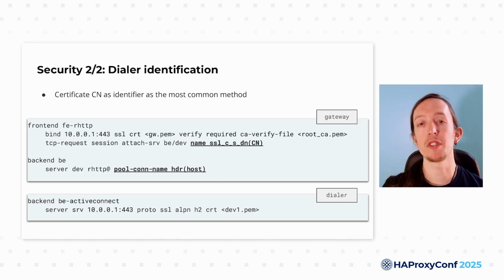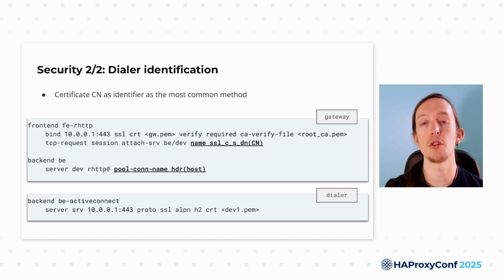Now, the second step. As an external user of the gateway, you want to specify which connection from the pool you want to use, reusing the same key used for the attached server rule. So in this case, this is the purpose of the pool-conn-name keyword.